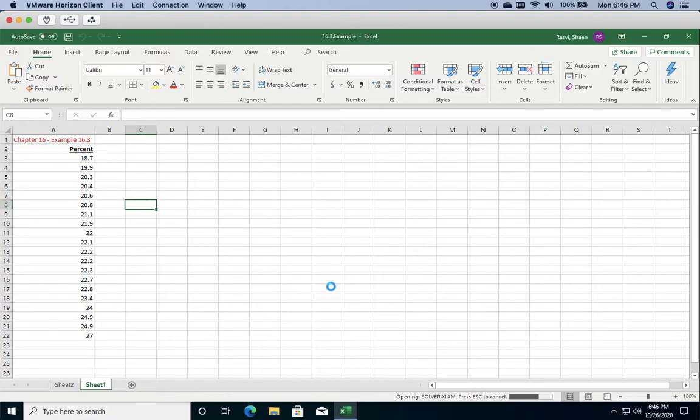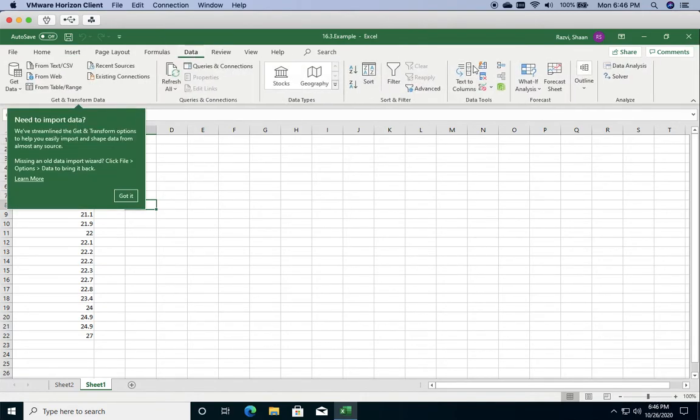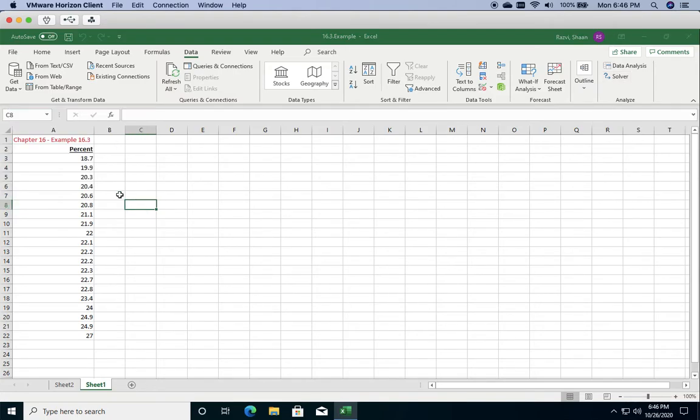And to verify that it actually is enabled on this workbook, I can go to the Data tab up on the top, and you'll see on the far right this Analyze section, and then Data Analysis and Solver in that section. So what I'm going to do is demonstrate how to get some simple statistics from the data analysis tool. So I'm going to select Data Analysis,